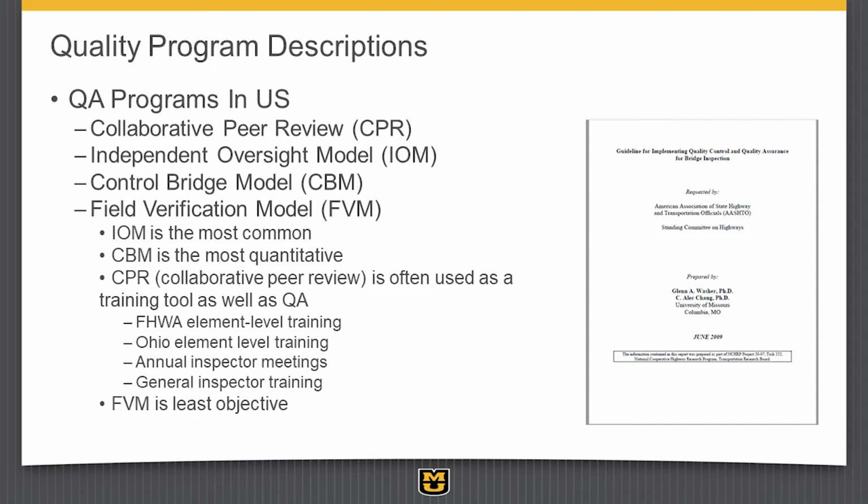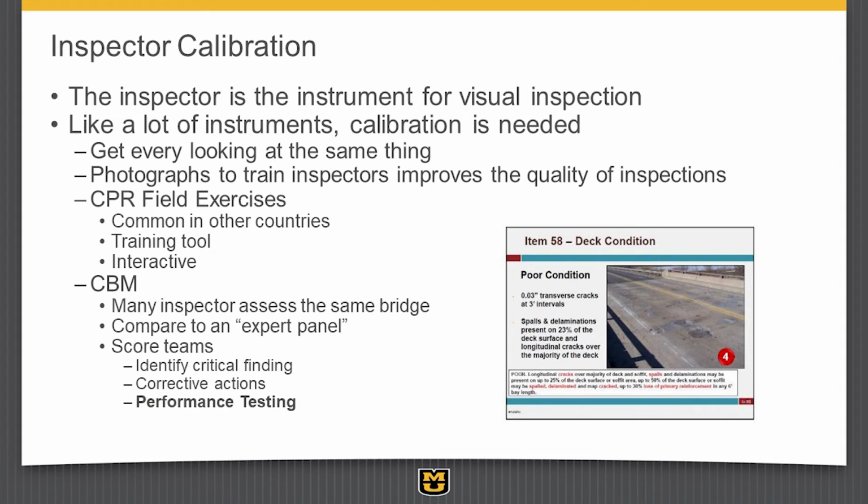Oklahoma started this, where all your inspectors go and look at the same bridge and then you score them relative to each other as compared to an expert panel. So those are quality programs, and this report's on the web. If you're interested in that, you can go through and look at it. One of the ideas that we want to do as well, there's an inspector calibration needed to try to get everyone singing from the same hymnal, so to speak, get them to all report things the same. These quality assurance programs can be contributing to that. Visual guides is another way to do that.